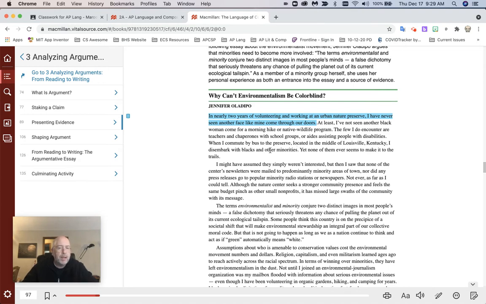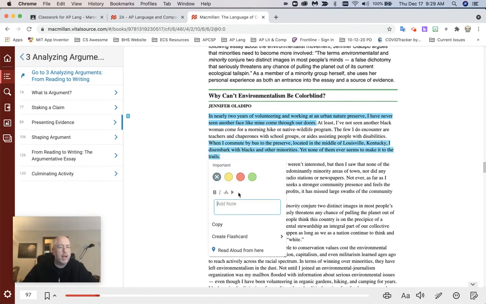Here, I like this statement here: "When I commute by bus to the preserve located in the middle of Louisville, I disembark with other minorities, yet none of them seems to make it to the trails." So I'm going to go ahead and put that in as a highlight, and I'll say she notes that